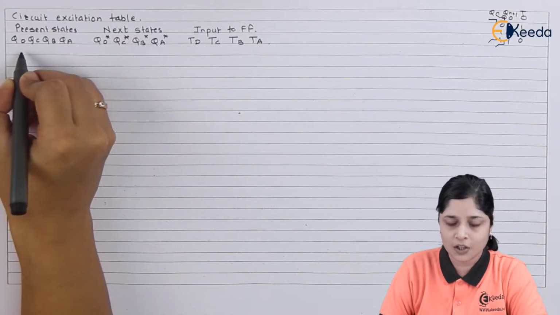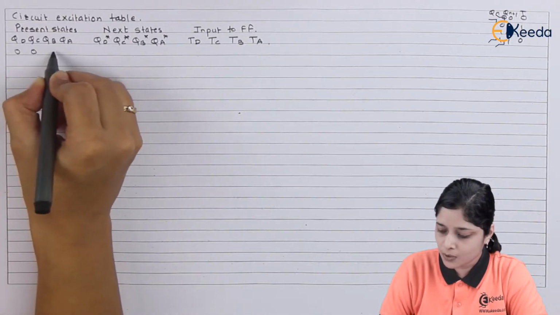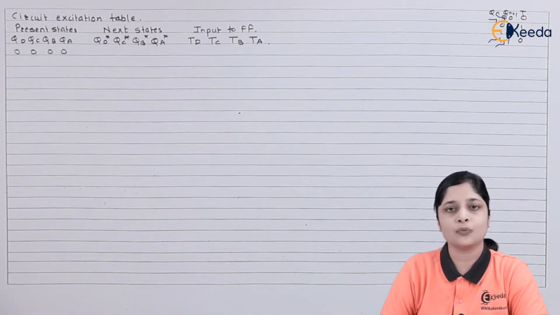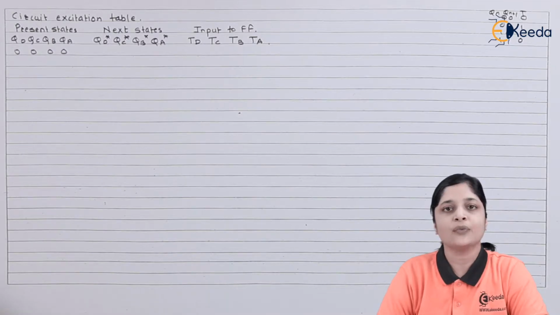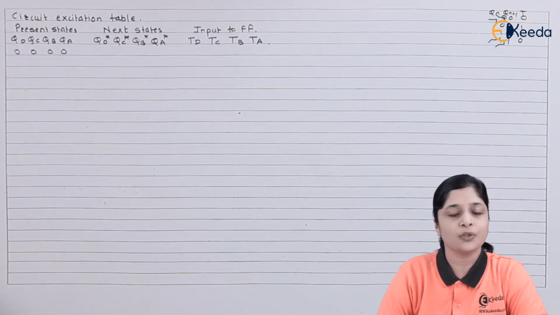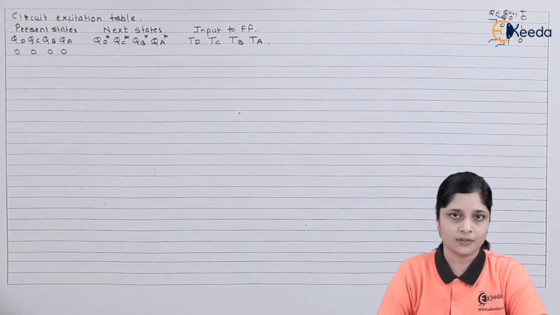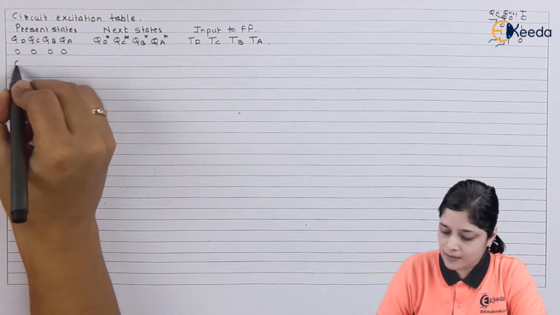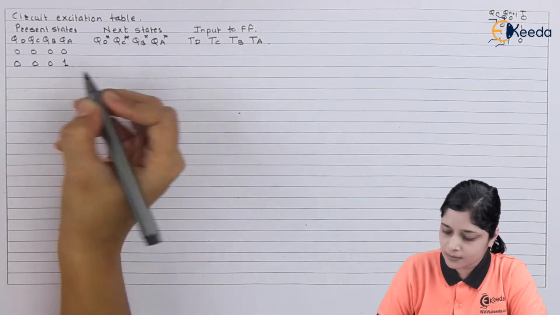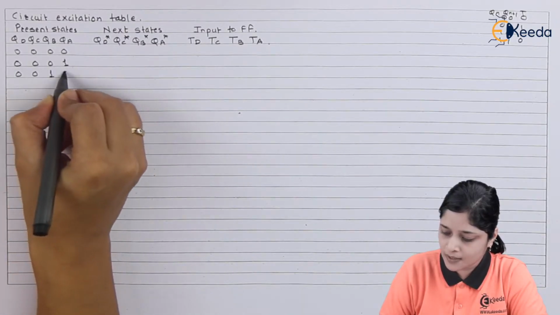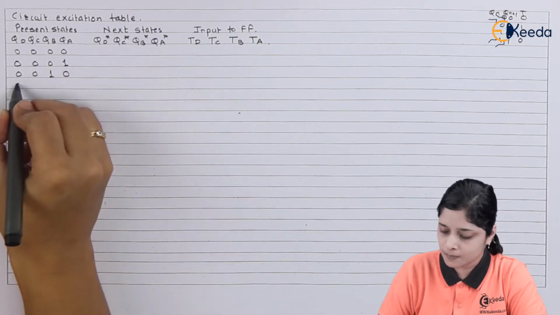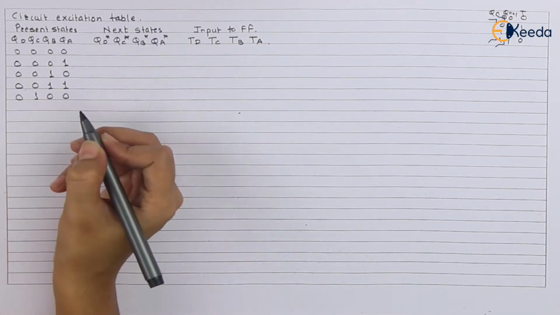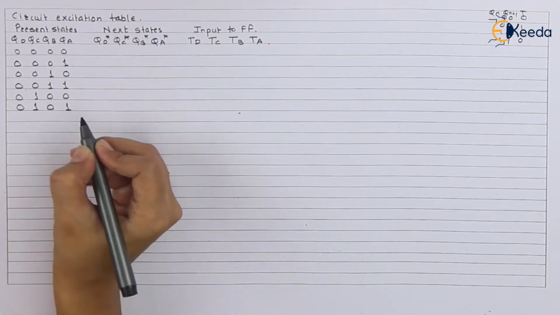We will start with 0. So 0, 0, 0, 0. 4 bits are there, so 0 to 15 you have to write. And with the use of 0 to 15 you have to design the decade counter. Let's see how to design. Then 0, 0, 0, 1, 0, 0, 1, 0 for 2. This is for 3, 4, 5,